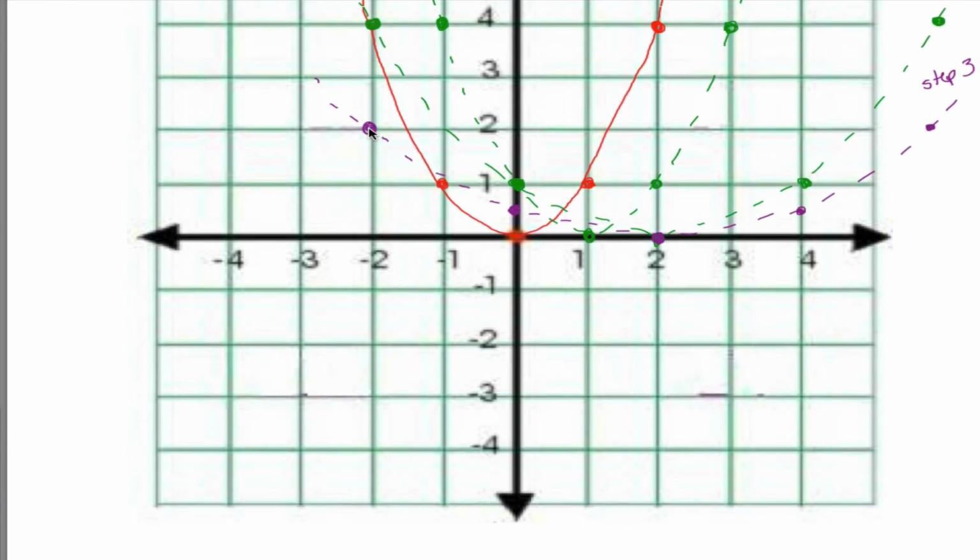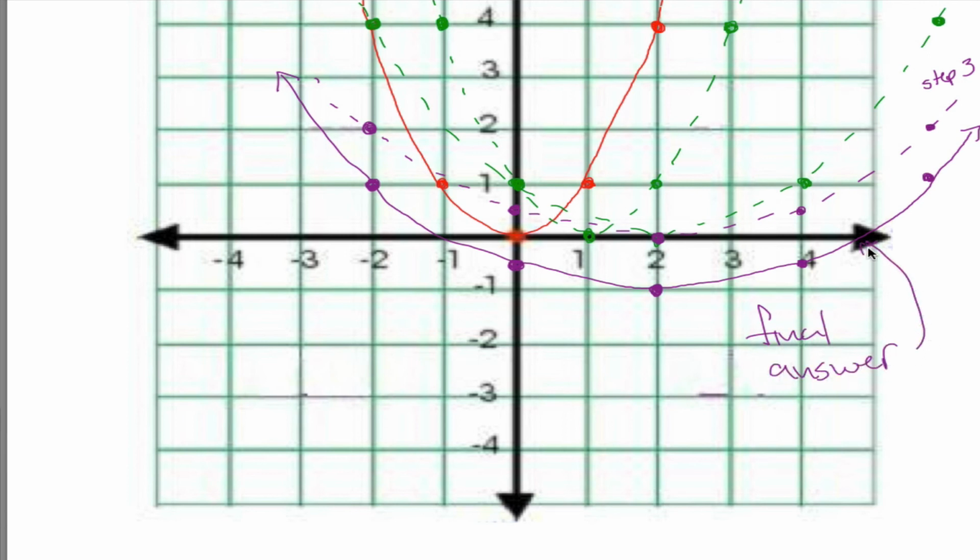So this point right here has a y coordinate of 2. 2 minus 1 is 1. This point right here has a y coordinate of 1/2. 1/2 minus 1 is -1/2. This point right here has a y coordinate of 0. 0 minus 1, -1. Again, -1/2 and 1. And so now what I got to do is, this is my final graph, so I'm not going to do it dotted. I'm going to try my best to connect them with a nice little curve. Meh, not too bad. Whatever, something like that. And I'll even write final answer